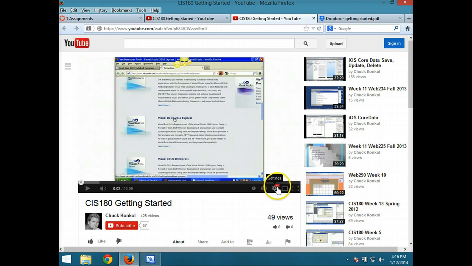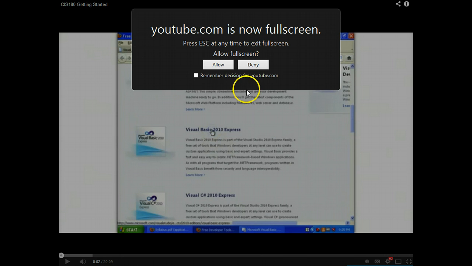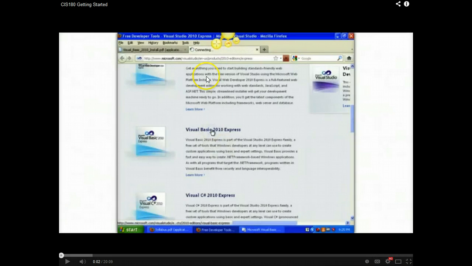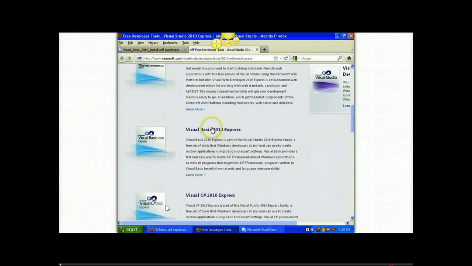Once you put the highest resolution, you can then go to full screen player. You want to know if you want to allow it to go full screen. You say yes or allow it and begin playing. 2010 Express. And